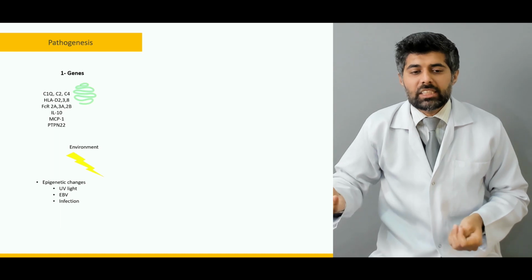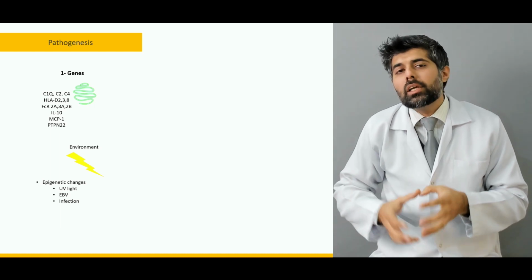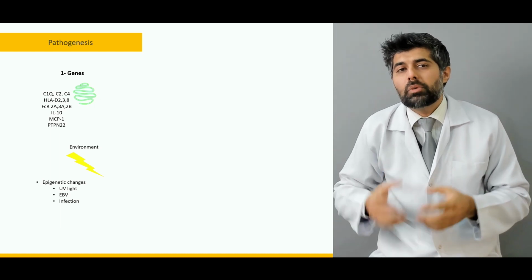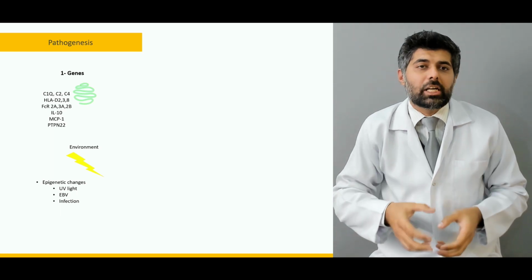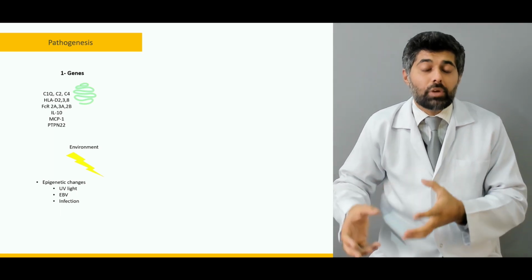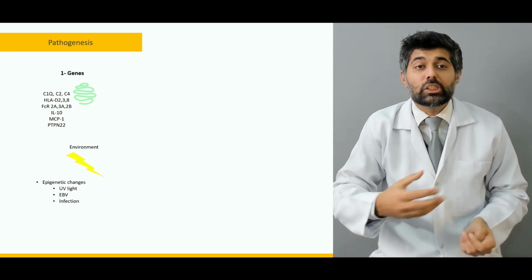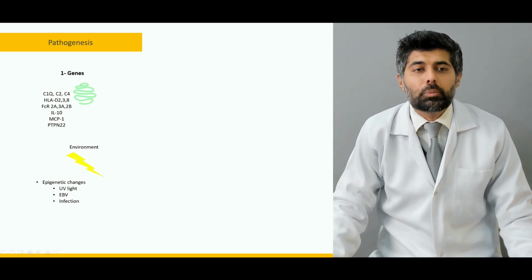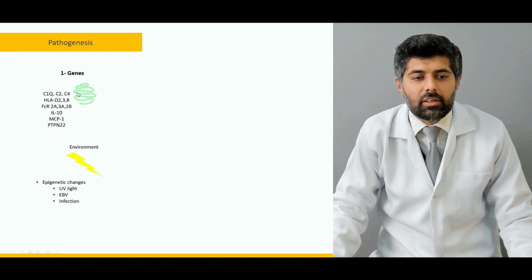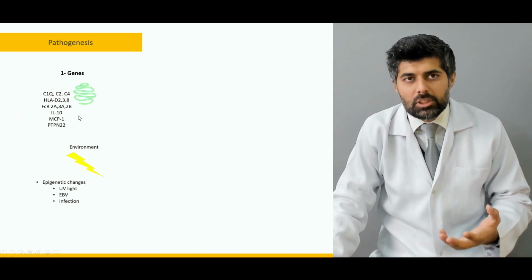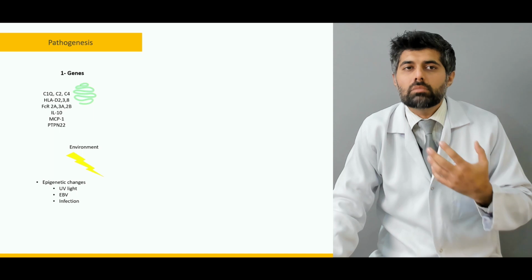There are other examples too. Ultraviolet has the tendency to form dimers inside the genetic material. So whenever those dimers are formed inside the genes encoding for the proteins which are said here, this results in